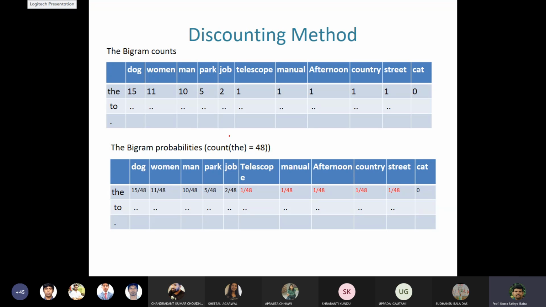This is how many times each has occurred. For discounting, we extract some value. For example, the count of the is 48, so you make it 15 by 48, 11 by 48. This way, you discount some value for the particular